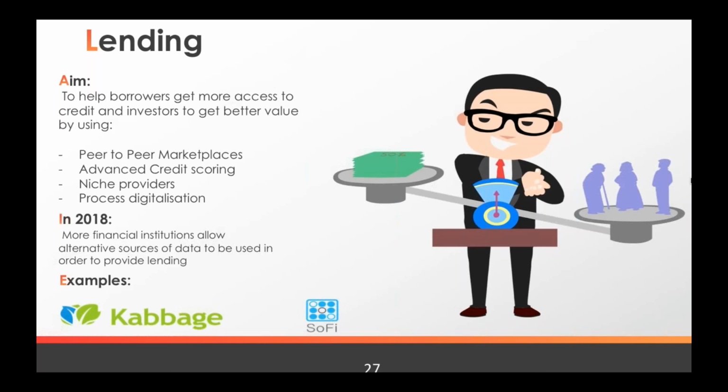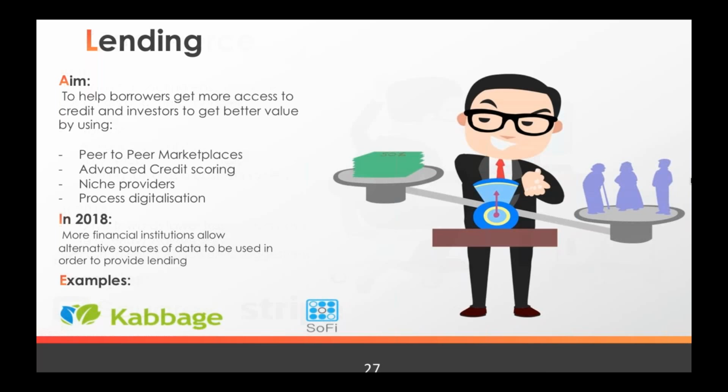The following category is commerce. Commerce is about purchasing stuff in a more efficient way. So what we can expect when we look at the long term is payments to be almost free, so free of commissions for intermediaries, and for the intermediaries to focus more on the data and the value added which is in the data. I put in a couple of examples of companies which are doing really well in this category.